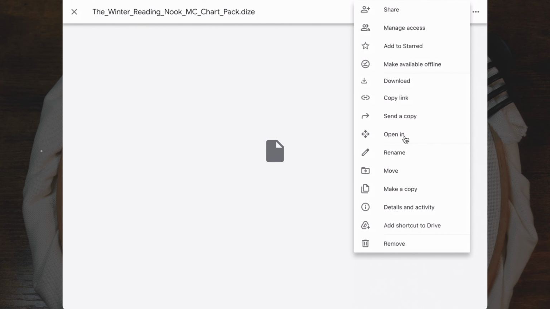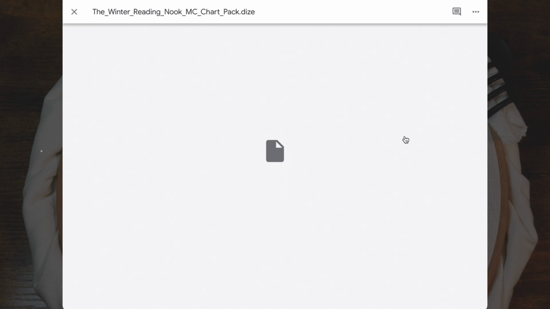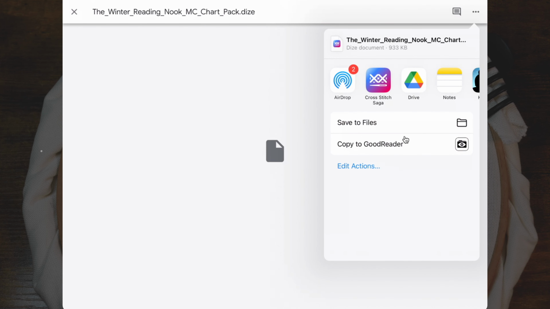This option will allow you to specify which app you want to open this file in. So if I tap Open In, here we go. It gives me the option. If you already have Saga installed, it should appear here. So all you have to do is tap on Saga, the icon,